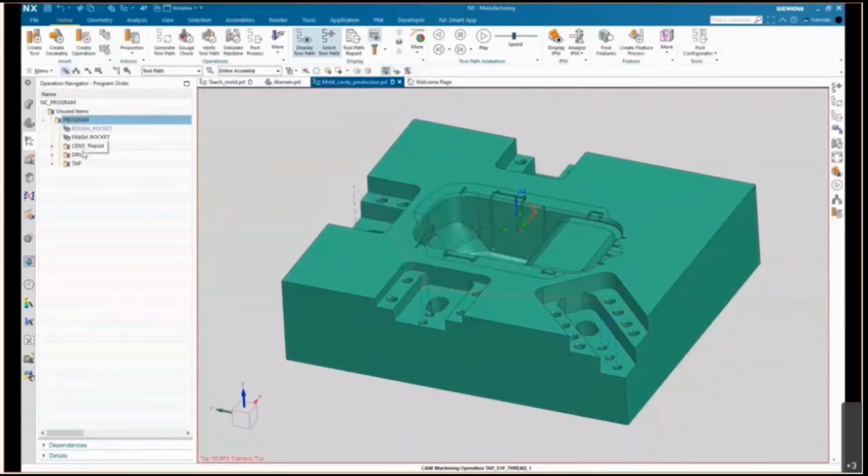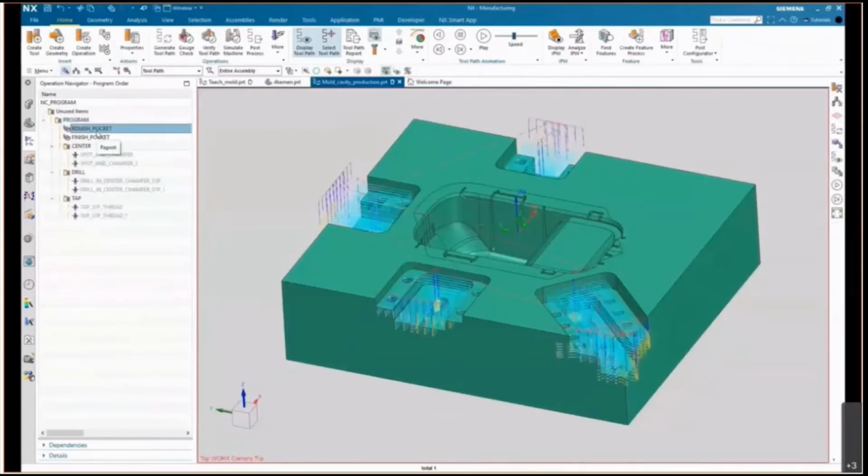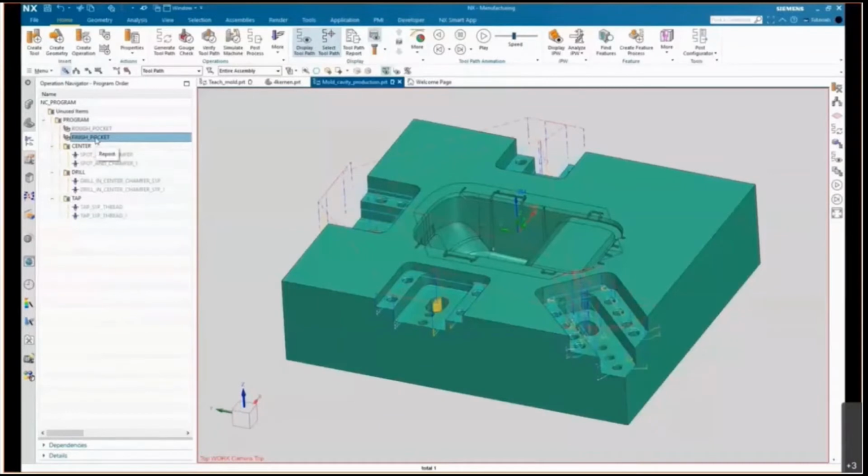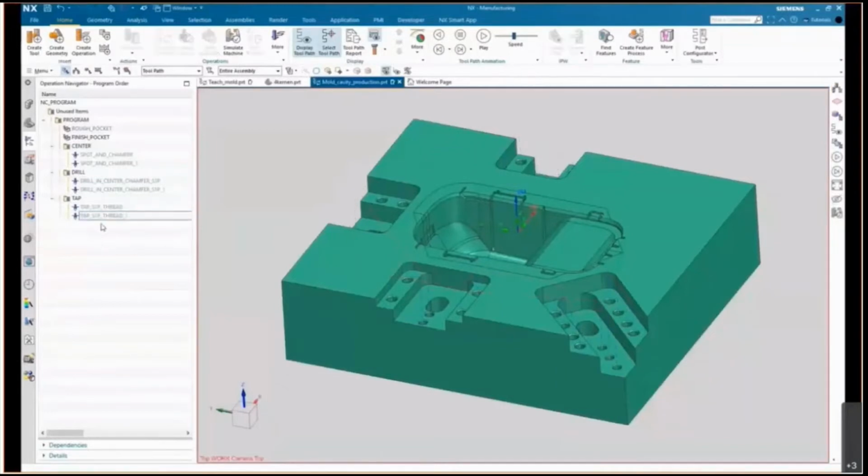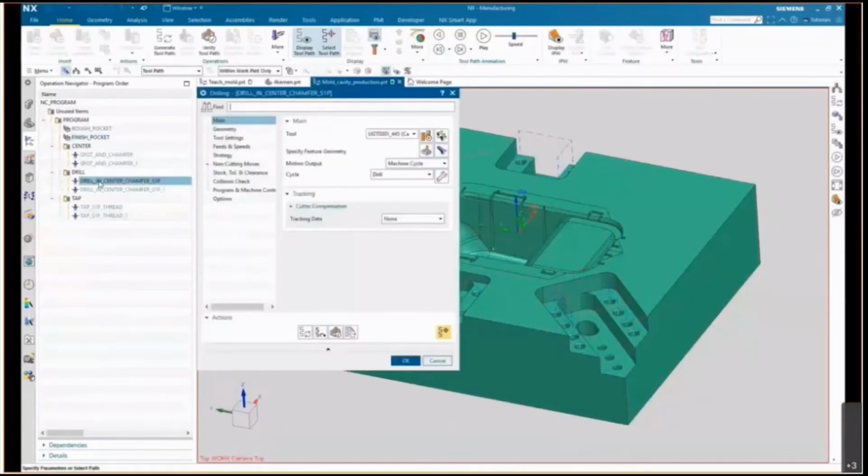There's a roughing operation in there, a finishing operation in there, a spot drill for the M5 holes and a spot drill for the M6 holes, and drilling and tapping also. If you want to do thread milling on different size holes, it's also possible. I just defined this as a tapping thread. So this is how you get to the end result.